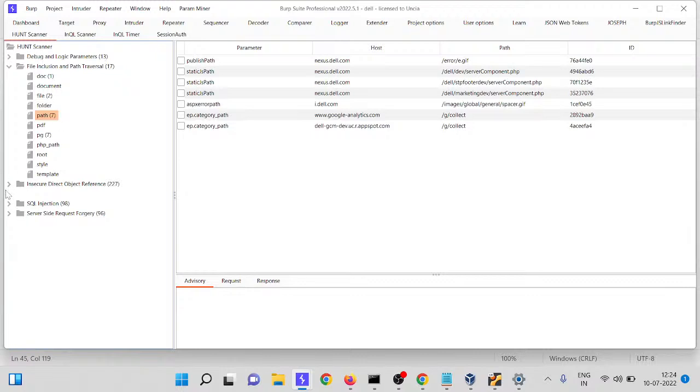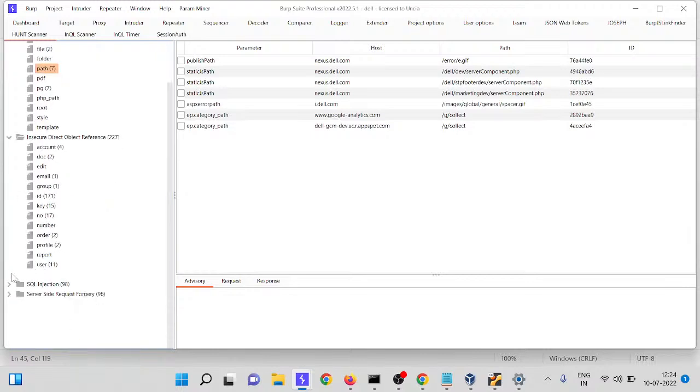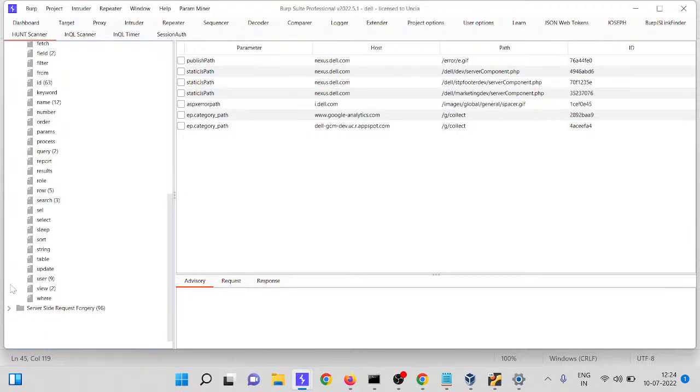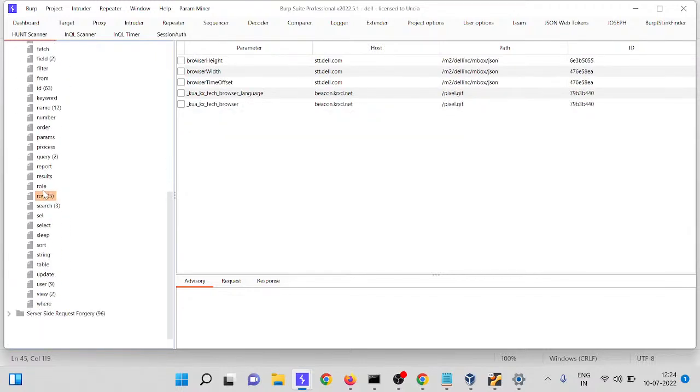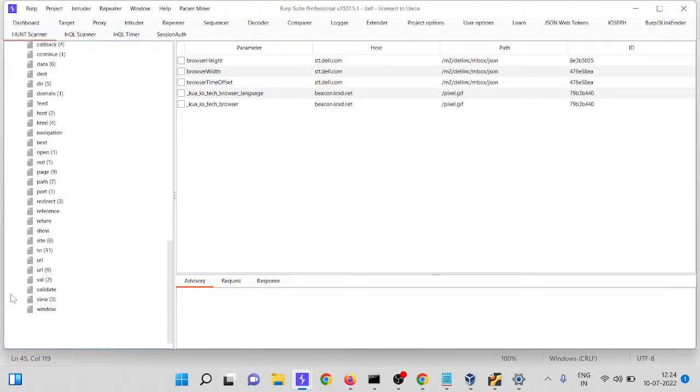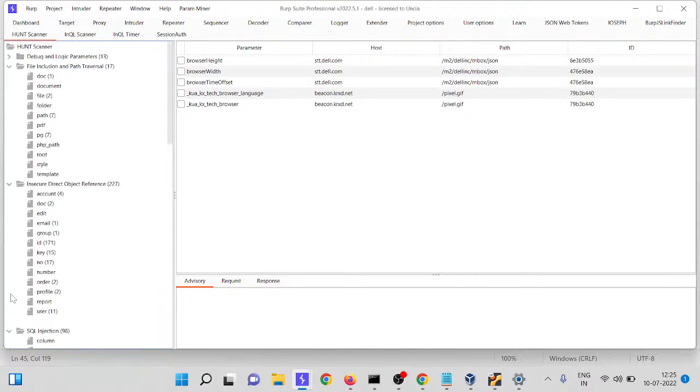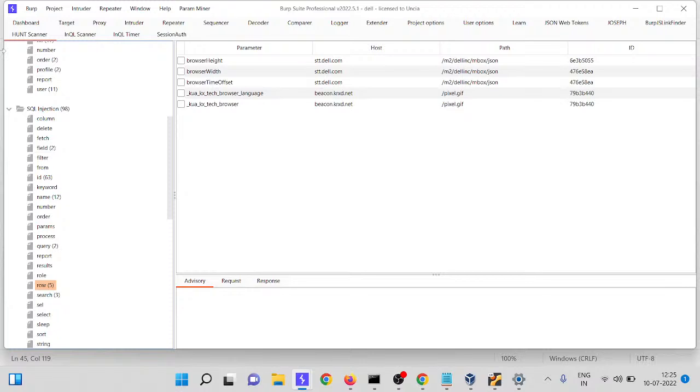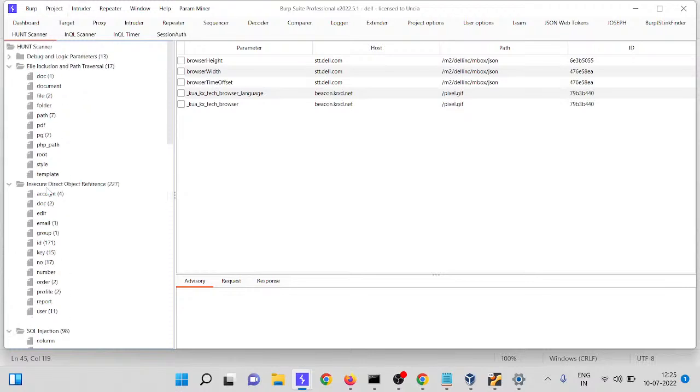Same for IDOR, it describes all the ID, account, whatever. Once the account is created, you can check which parameter is vulnerable. Same for SQL injection, there are multiple parameters, SSRF, and same for template injection. So you have to check all these and try to hunt on all of them.